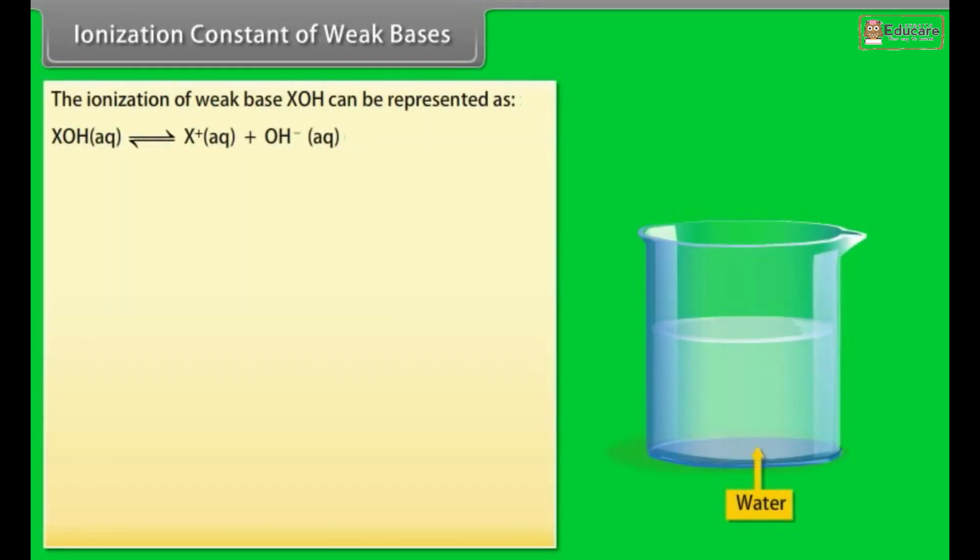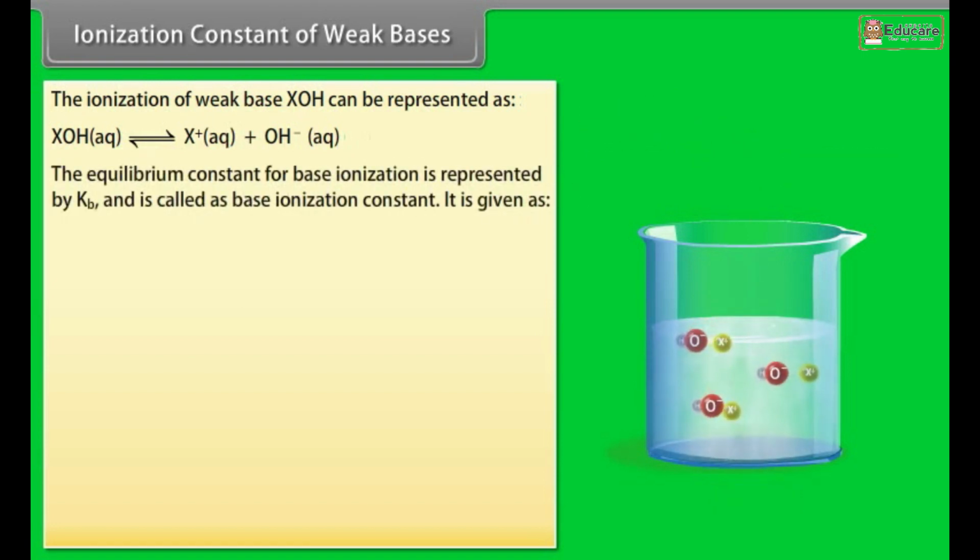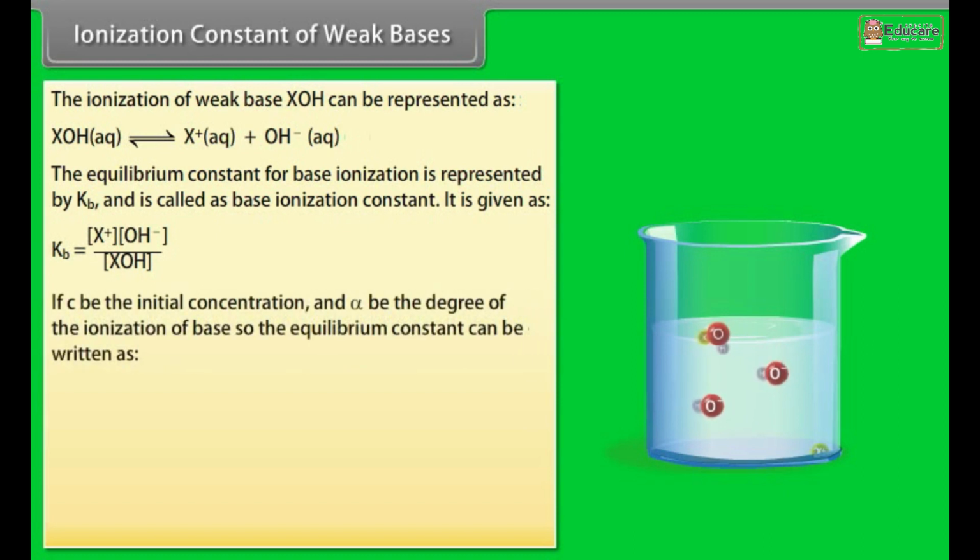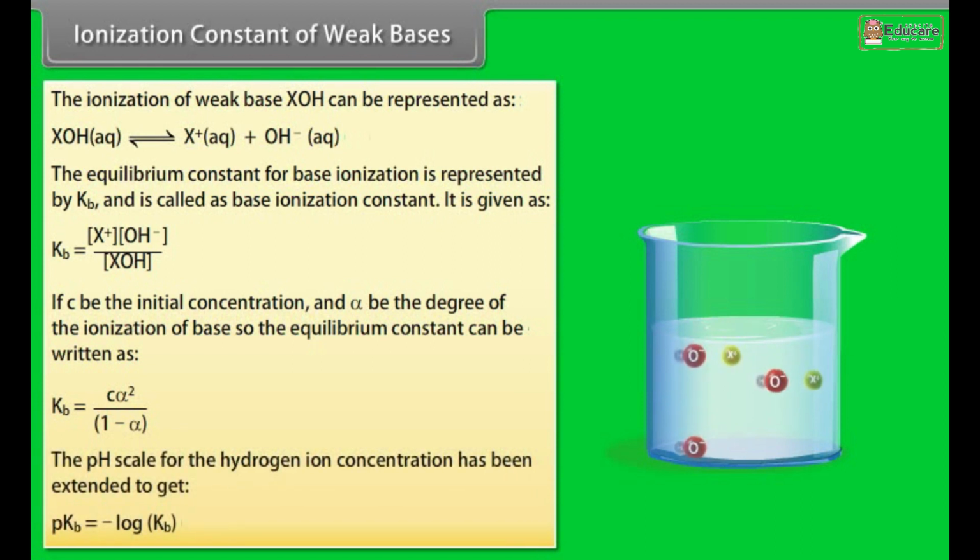Ionization constant of weak bases. The ionization of weak base XOH can be represented as: the equilibrium constant for base ionization is represented by Kb and is called the base ionization constant. It is given as: if C be the initial concentration and alpha be the degree of ionization of the base, so the equilibrium constant can be written as Kb is equal to C alpha square by 1 minus alpha. The pH scale for the hydrogen ion concentration has been extended to get